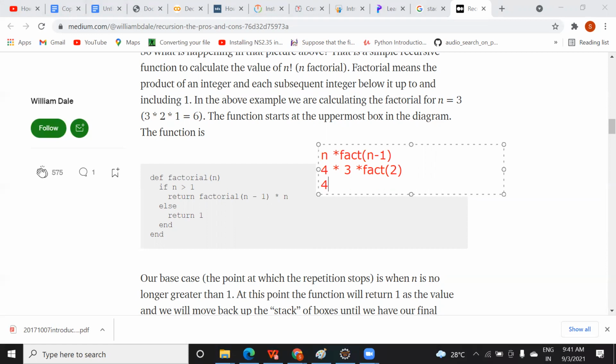So now 4 into 3 into, sorry, I will pop this fact 2 again and it will give me 2 into fact 1. और यहाँ पे इसने कोई डिक्लेयर किया होगा, if n is equal to 1 I will going to return 1. तो ये 1 रिटर्न कर देगा, करेक्ट. So 24 आ जाएगा. 4 into 3 into 2 into 1, so it will give you 24. So to implement this we use stack, और इसका जो implementation है